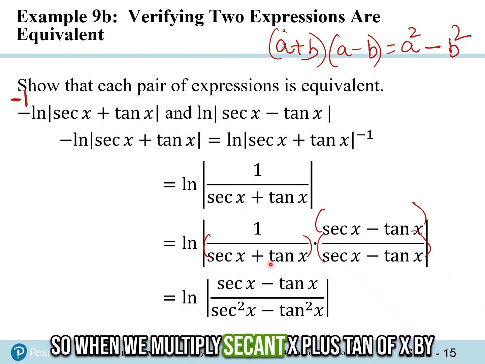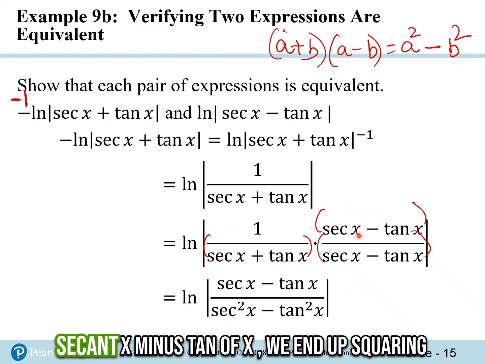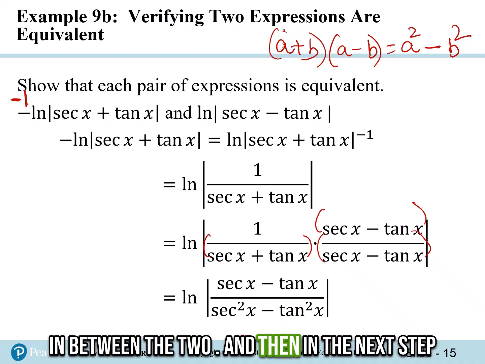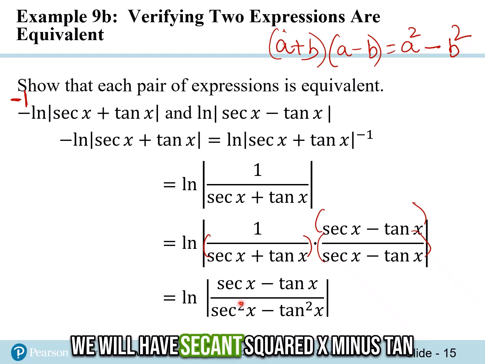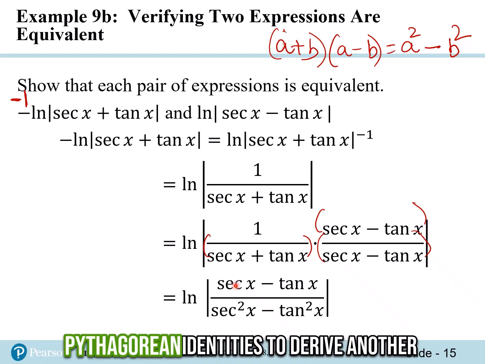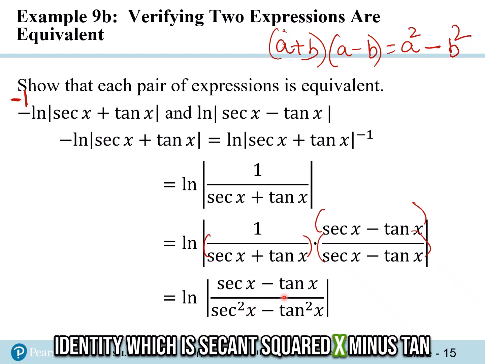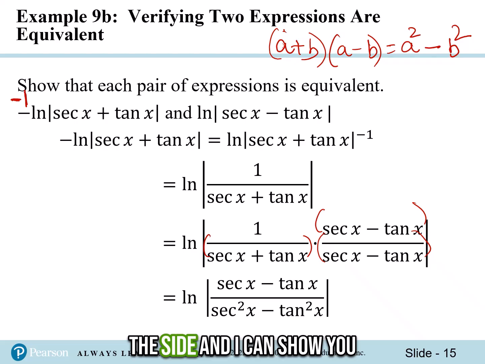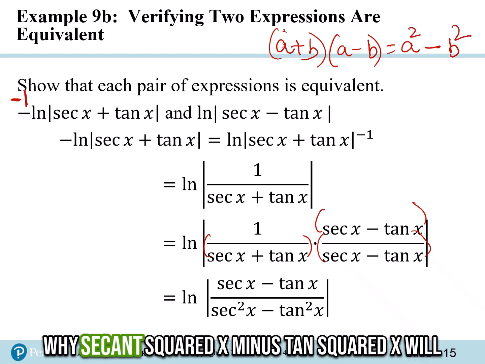So when we multiply secant x plus tan of x by secant x minus tan of x, we end up squaring secant, we square tan, and there's a minus sign in between the two. And then in the next step, we will have secant squared x minus tan squared x replaced by 1. We can use the Pythagorean identities to derive another identity, which is secant squared x minus tan squared x equal to 1. You can do that on the side, and I can show you why secant squared x minus